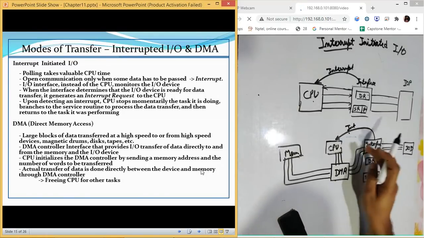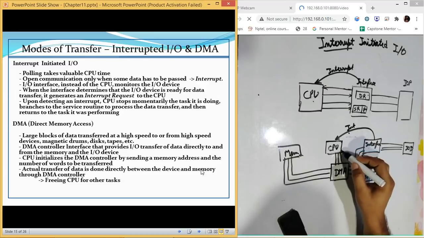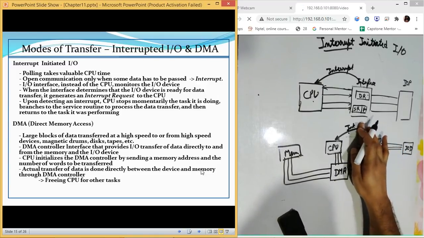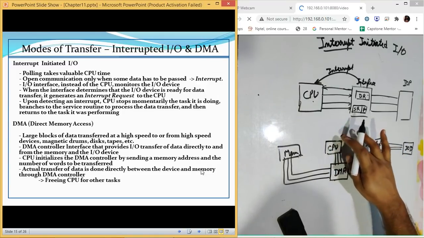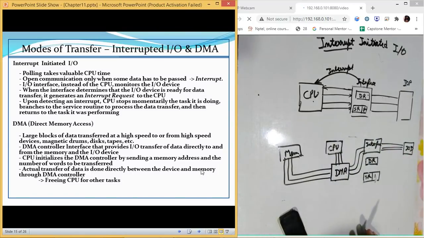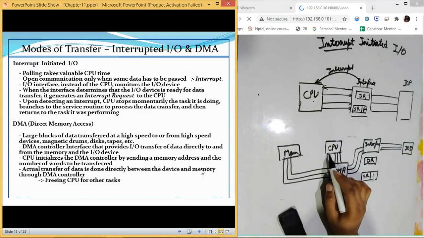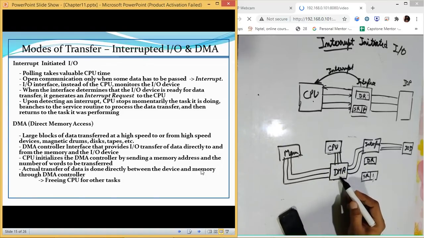Once the CPU is aware that it has to perform any kind of input output instruction, it needs to execute an input output instruction. What it does is initialize this DMA.